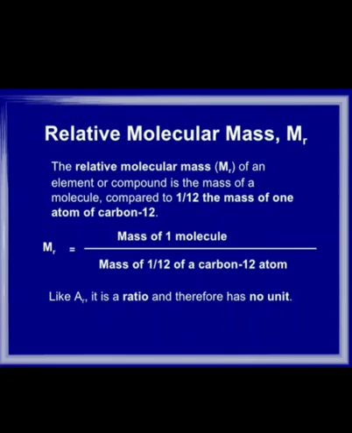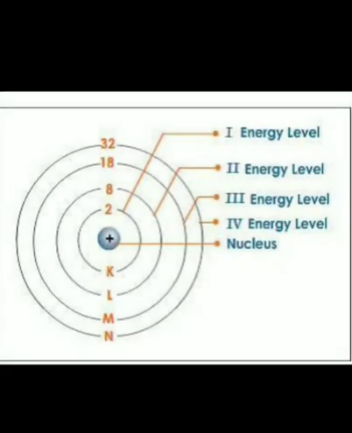Then next we discuss what is electronic configuration. That means how electrons are distributed in an atom. As we know, electrons revolve around the nucleus in an imaginary path that is called orbits or shells. From the figure you can see that in the center is the nucleus, and in the nucleus protons and neutrons are there. Around the nucleus, electrons are revolving in a fixed path known as orbit or shell. The orbit closest to the nucleus is known as the first orbit or first shell.